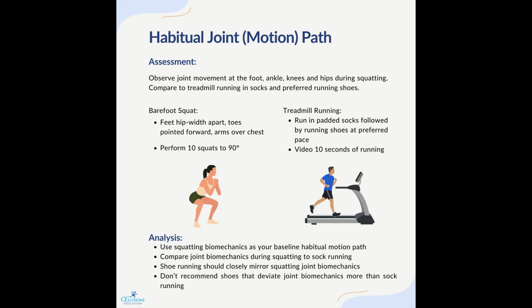In this case study, we'll be going over how to use the habitual joint motion path to recommend running shoes. This, combined with the comfort filter, specifically the RunCat questionnaire, are two of the most evidence-based ways to recommend running shoes. We are no longer advising clinicians to use outdated theories, such as pronation control and impact force modification, when